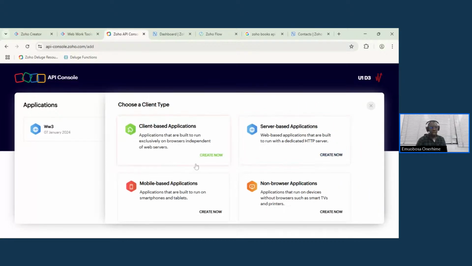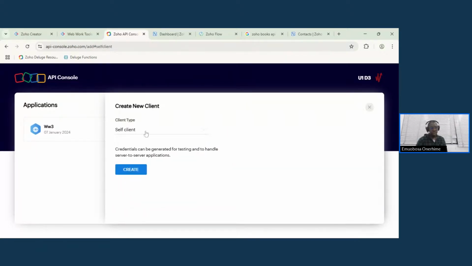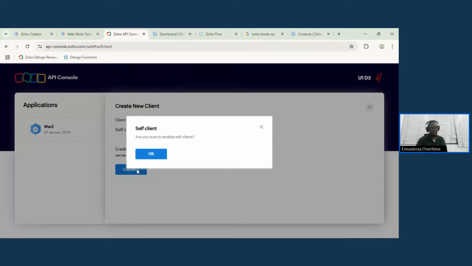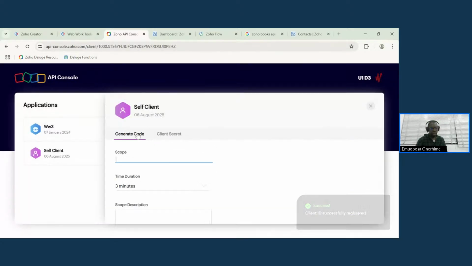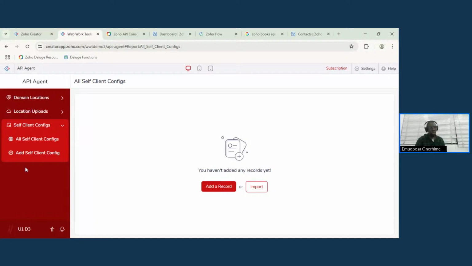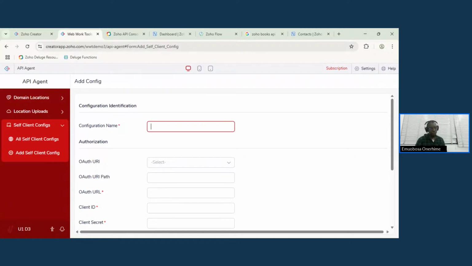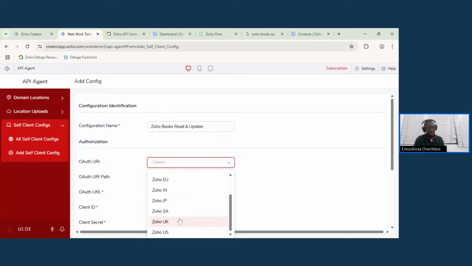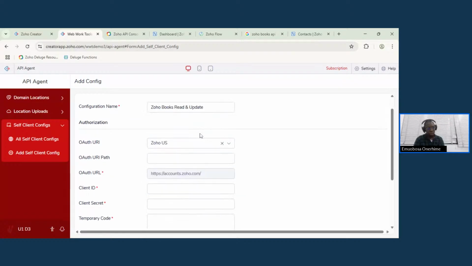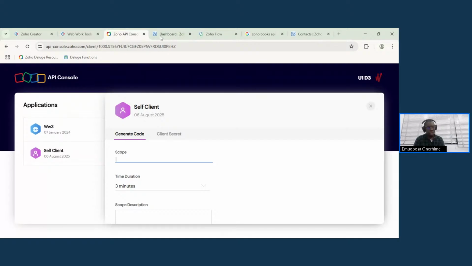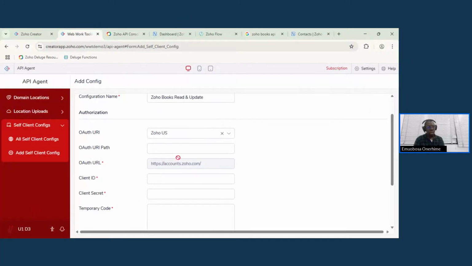So let's add a client. We're going to add our self-client. Create, enable. So we have our self-client created. So we're going to go to our client config here now. And we'll call this Zoho Books Read and Updates. Okay. We're going to choose Zoho US here. Remember, in this our console editing,